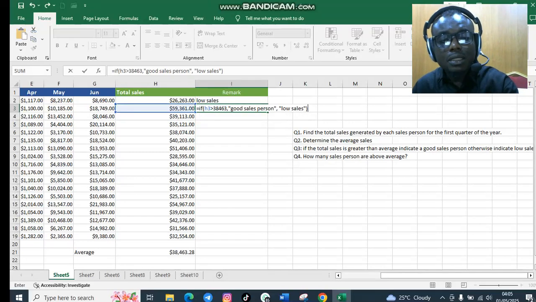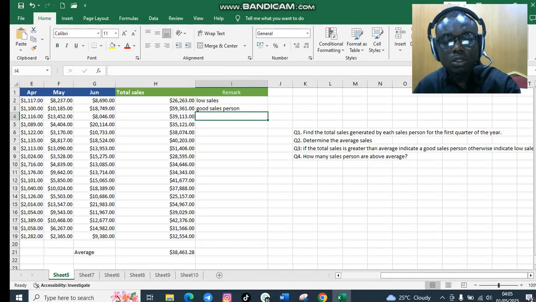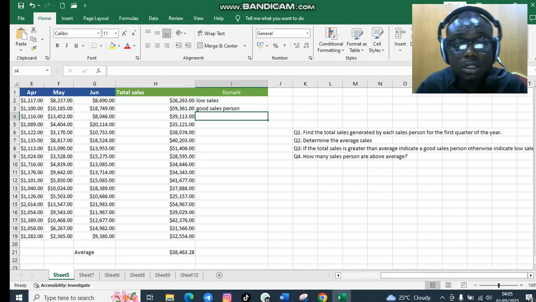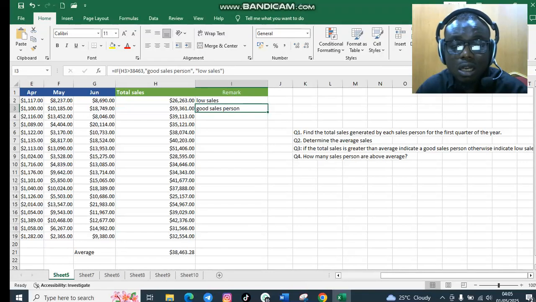So we implemented the same formula for the second one. Let's hit the enter button. You can see this particular value is actually greater than the average value. All right, that's why it's showing us good sales. Now I don't have to do the same thing for